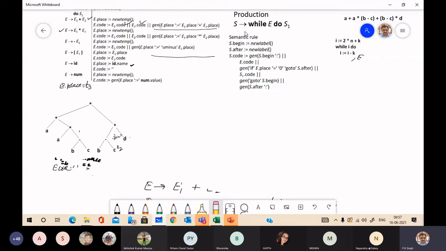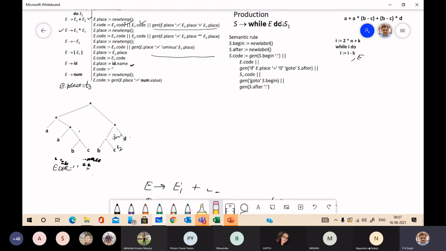The entire loop body is considered as a single statement. So we have to find out the production for that, which is this: S is the statement, while E, and E is an expression, do S1. Again, this S1 is the statement or statement list.